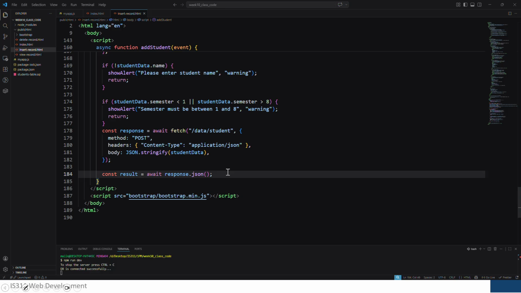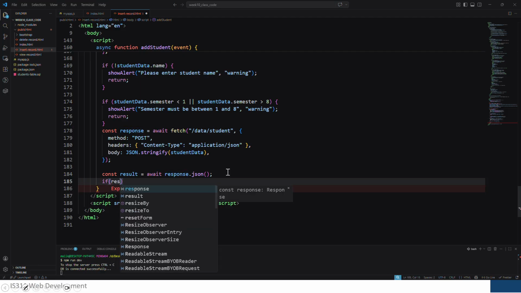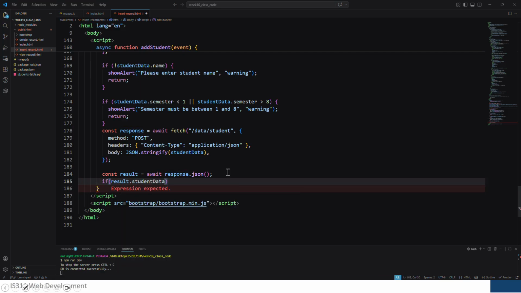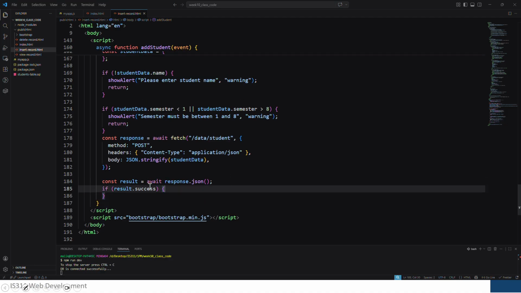So rather than what we have here, we say that if in the result, not in the response, in the result, we have the success, not student data, success. It means that if that value is true, we have successfully inserted the record. Once we have successfully inserted the record, we want to reset our